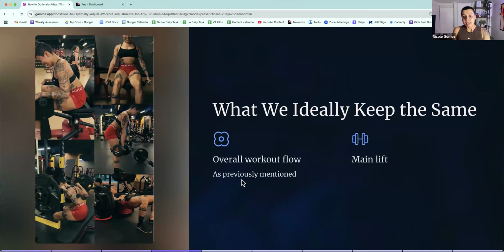All right. Again, ideally, what we want to keep the same is your main lift. So again, warm up. The squat rack is taken. This actually happened to me today. The squat rack was taken. Ask, hey, how many sets do you have left? The girl at the time, she just had one. I was like, okay, cool. And I just kind of stand there. If they have two, if they have four, then that's where I'm like, okay, I need to adjust. But usually my first thing before adjusting anything is asking that specific person how many sets they have left, because if it's one or two, I can wait it out. Now, if it's more than that, I'm going to adjust.